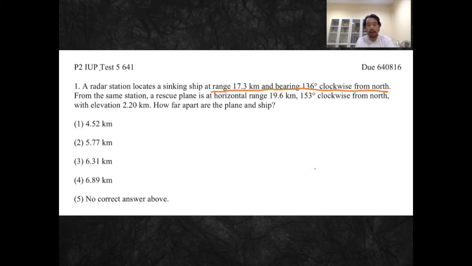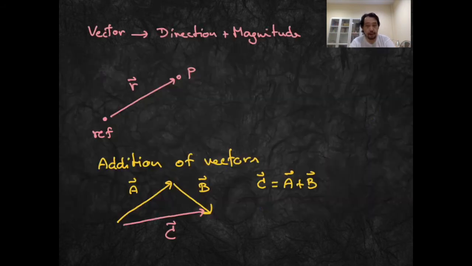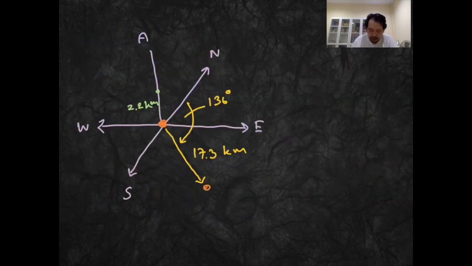The horizontal range means the range of the plane on the horizontal plane. Okay, it's easier to explain this with a diagram. That is, if the plane is here